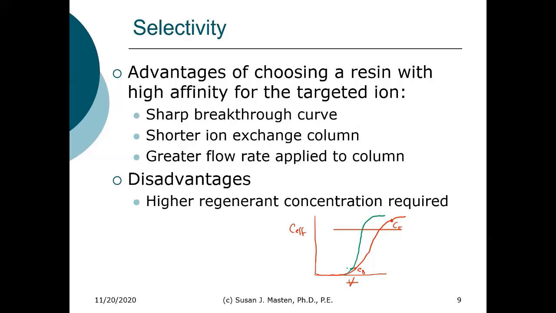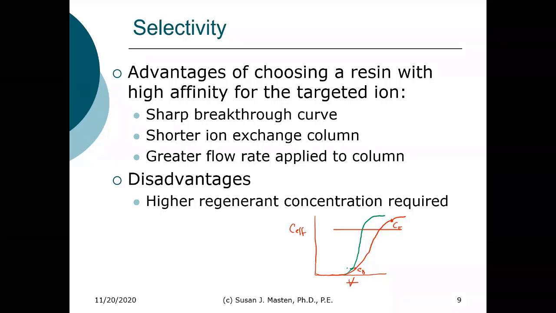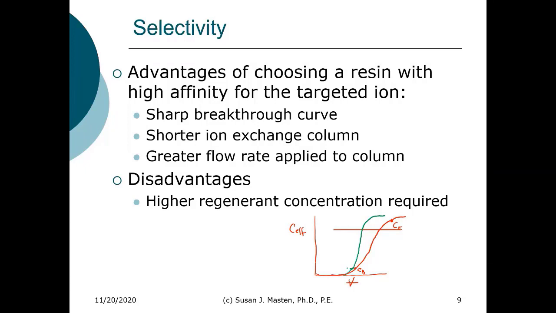Now let's think, where would we want a resin to have a very high degree of selectivity? In what types of situations would we want to maximize the selectivity? Think about the PFAS chemicals. One of the challenges with PFAS, we don't have a good means of degrading PFAS chemicals. We can incinerate, but we have to incinerate at above 1,000 degrees C to destroy the PFAS chemicals,